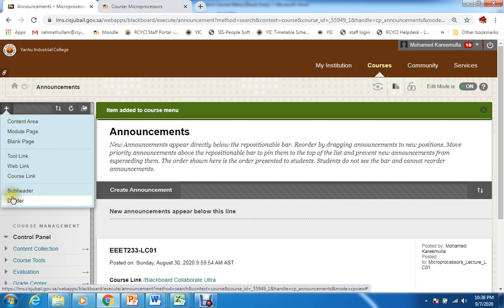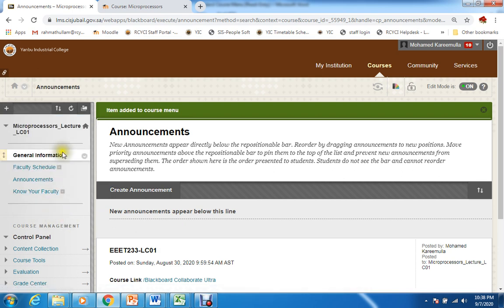Okay, so these are then subheader. This is none. There is no link for this. See here, you will have a hyperlink here. You will have a hyperlink here. You will have a hyperlink here. But there won't be any hyperlink here. It is just a heading. And same thing for the divider.